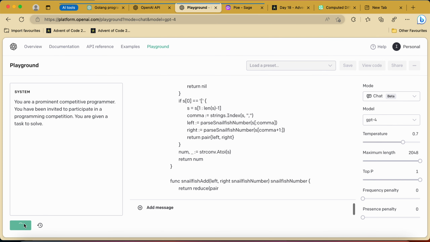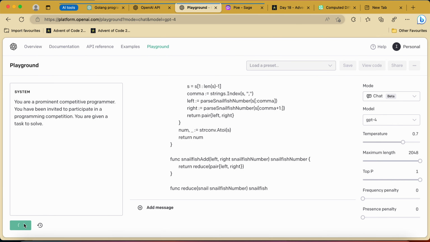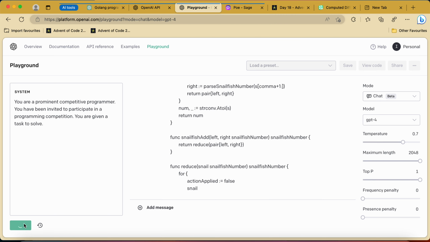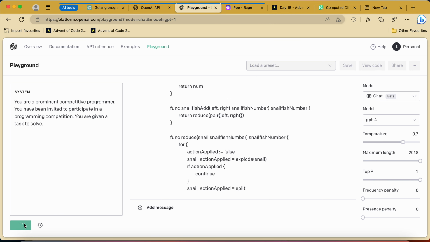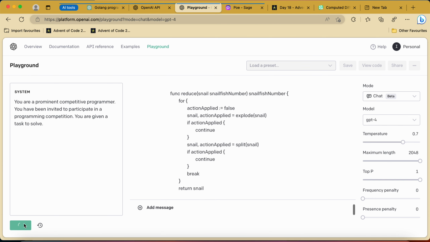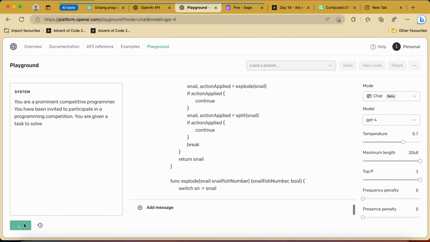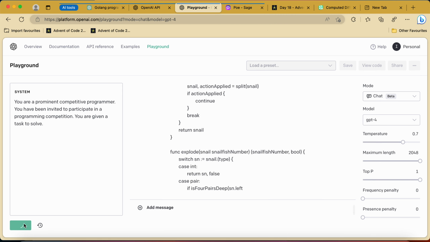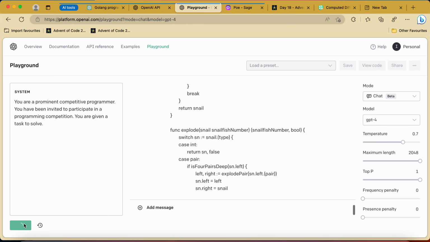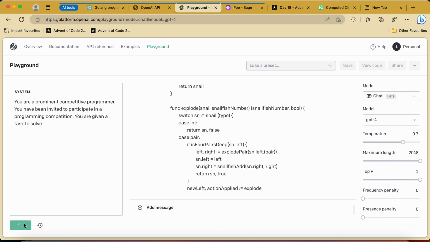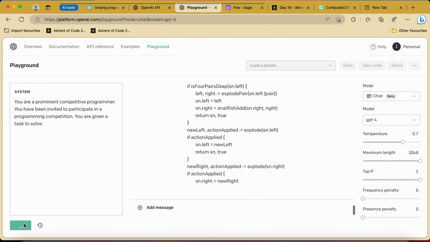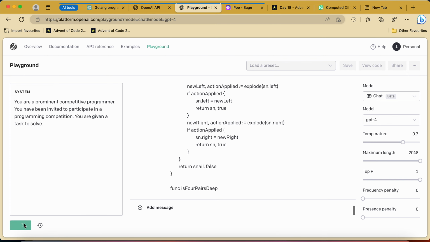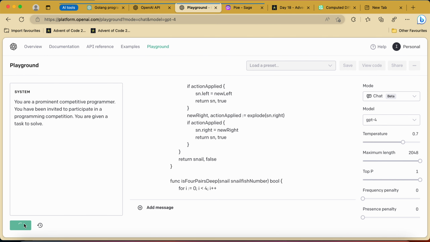It's faster, but I'm paying for that. But yeah, for the experiment, let's see if it's worth it. I'm interested if it will be